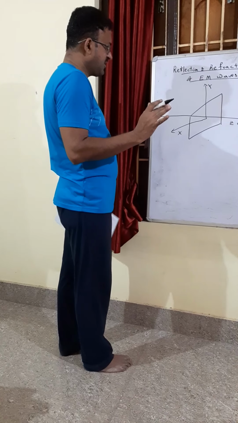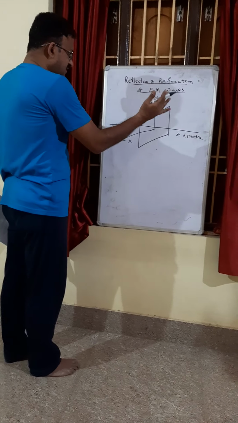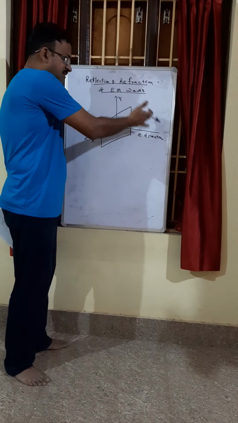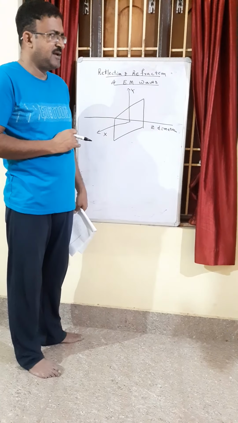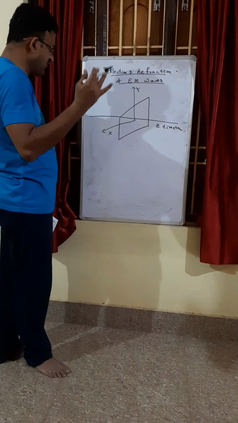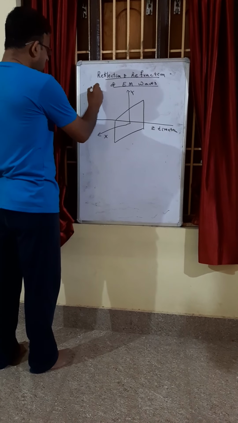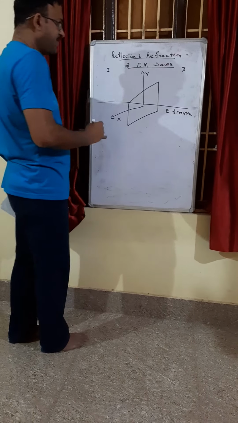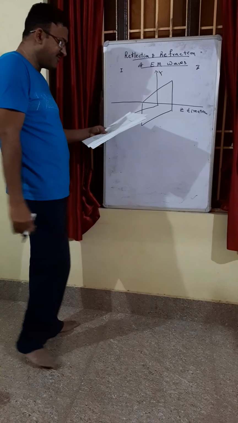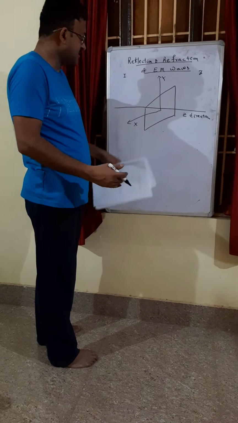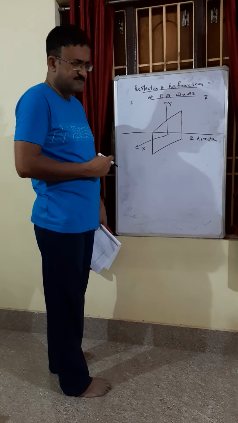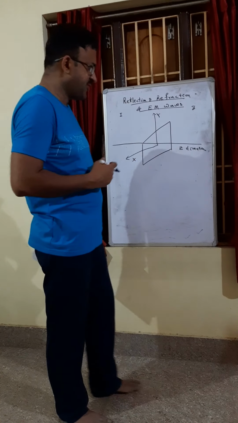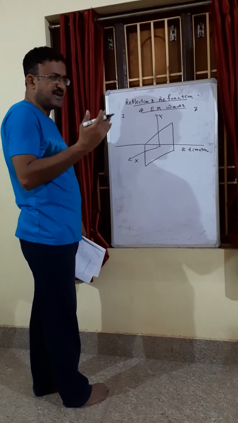Now this boundary separates, let us say, two dielectric mediums. Initially we will consider the medium on this side and the medium on this side. Both are dielectric in nature, and to distinguish between the two mediums, we say this is medium 1 on the left of the boundary, and this is medium 2 on the right. The two dielectric mediums will be characterized by different parameters like dielectric constant, magnetic permeability, speed of light in the medium, refractive index.